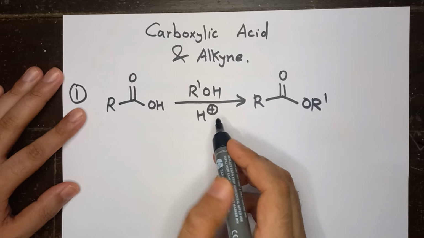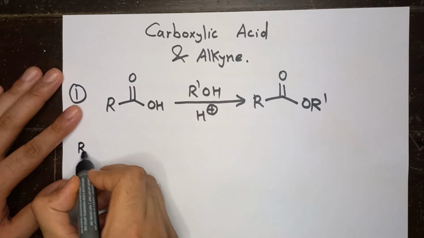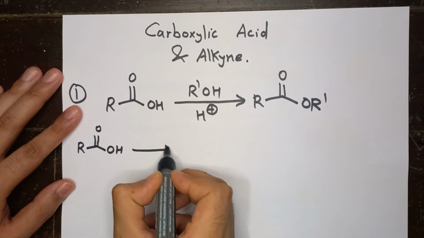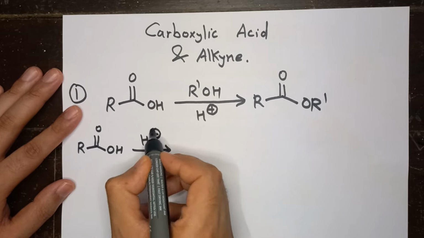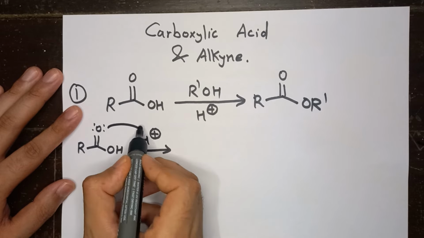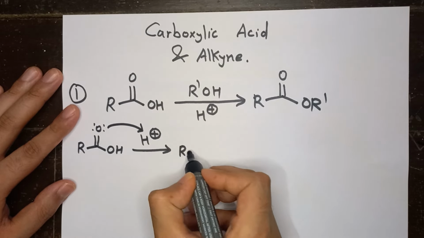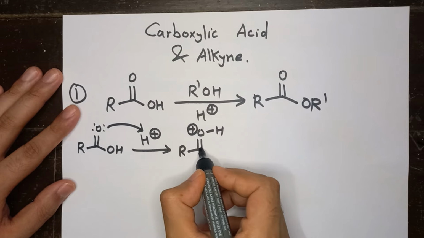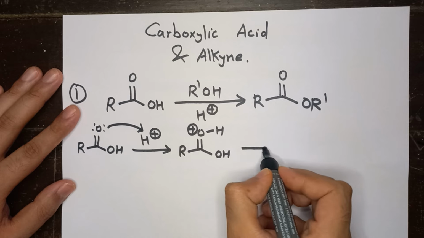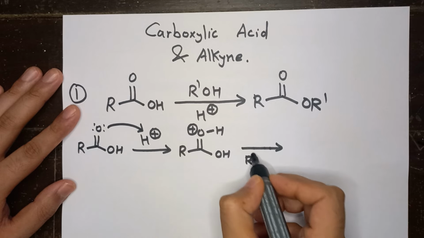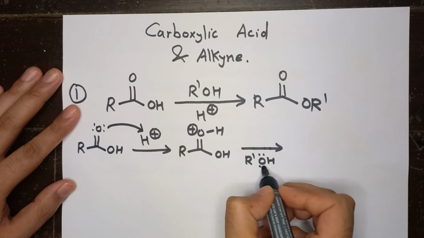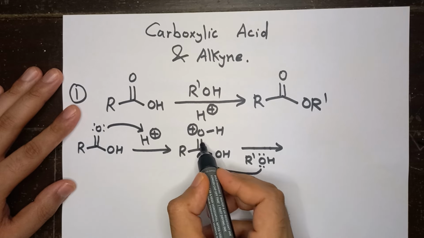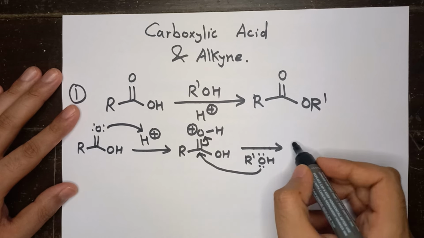So what is the mechanism? So we have a carboxylic acid and we have an acidic medium. So these oxygen lone pairs will grab this proton and we have an activated carbonyl system now. Now at this point of time, the alcohol molecule will come. This oxygen lone pair will attack at this carbonyl, will open up this C double bond O bond, and we